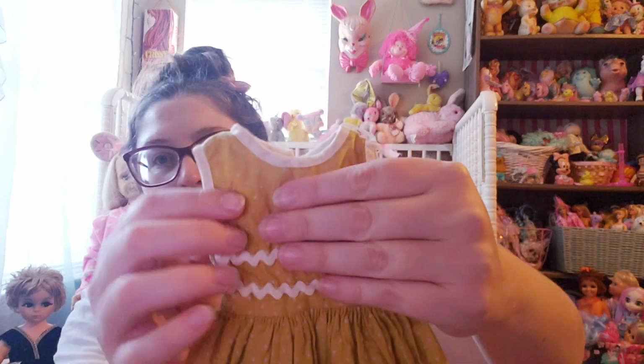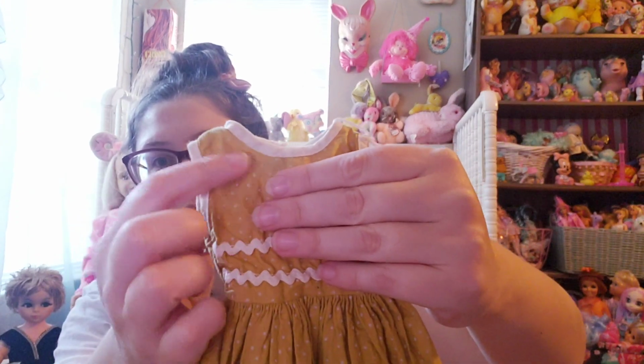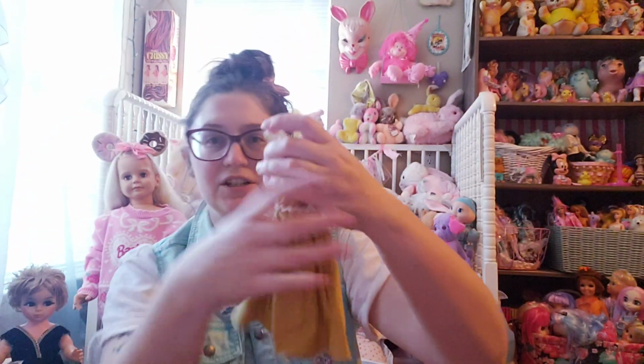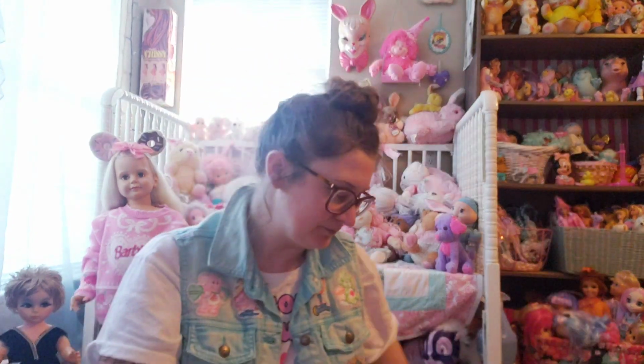Got a little piping, bias tape kind of liner, you know, like a fit and flare kind of day dress, you know, vintage. And it's like this mustardy color. Sorry about the light. And then I also found this one,